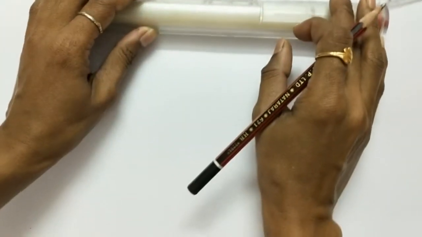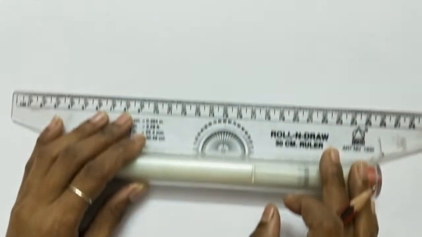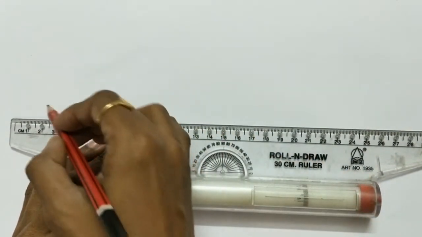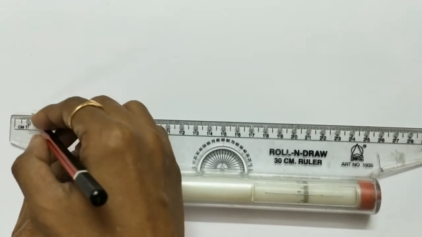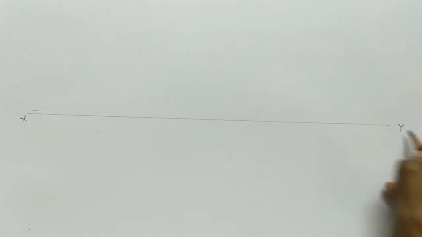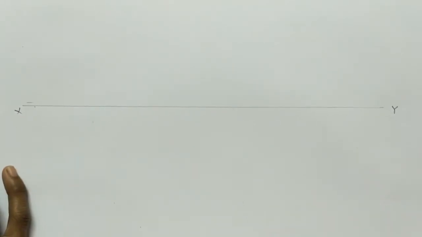the axis of hexagonal pyramid is inclined at 30 degree to HP and parallel to VP. So we will assume it is perpendicular to HP with corner of base A in HP. So first of all, draw a horizontal line and give name to this line as X and Y. Now we will draw true shape of hexagonal pyramid.